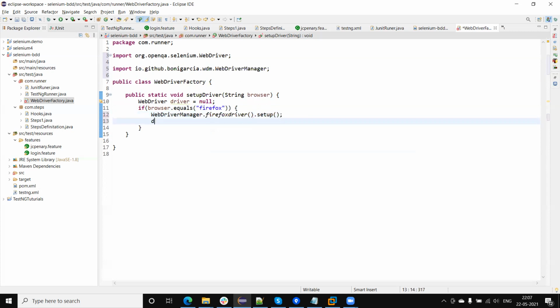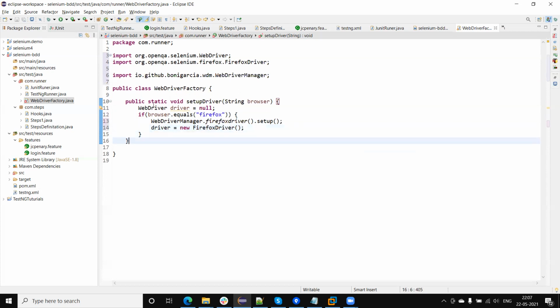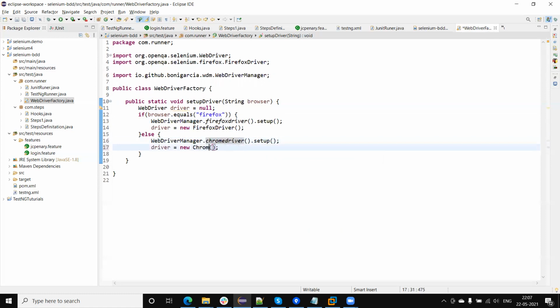Next, driver equal to new FirefoxDriver. Similarly, I can add one more condition, else if, for the Chrome driver setup, and here ChromeDriver.